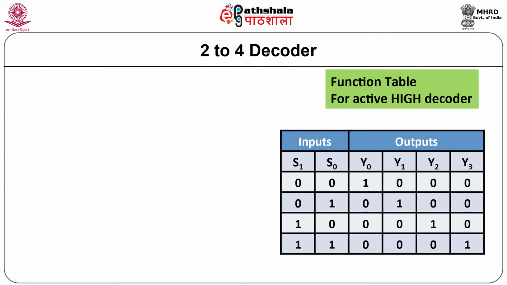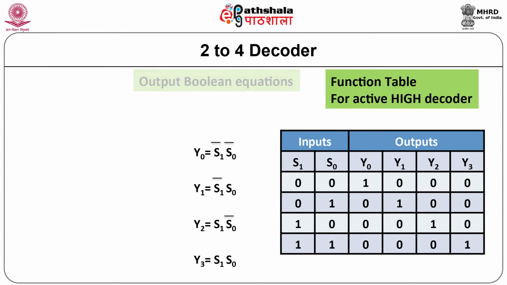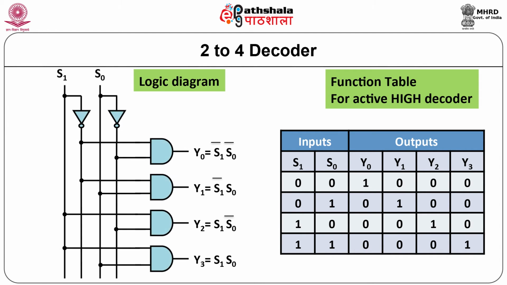From the function table of the decoder, one can write the equations for each output. In this case, the outputs are y0 is equal to S1 bar and S0 bar, y1 is equal to S1 bar S0, y2 is equal to S1 and S0 bar, and y3 is equal to S1 and S0. The logic diagram of 2 to 4 decoder contains 2 NOT and 4 AND gates to generate the desired product terms. One can verify the truth table by providing the input conditions and checking whether the desired product term is